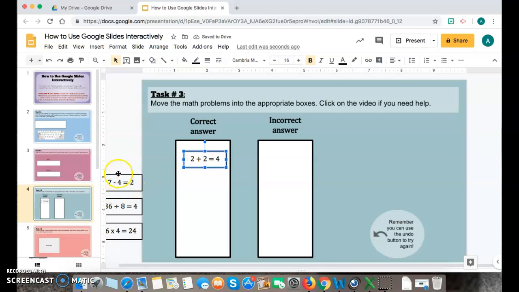If I take a look at my second one, I'm going to move it over just so I can read it a little bit better. 7 minus 4 equals 2. Incorrect. 7 minus 4 equals 3. So that's going to go into the incorrect box. Just click, drag, drop. Our third box, if I drag it and move it so I can read it, 36